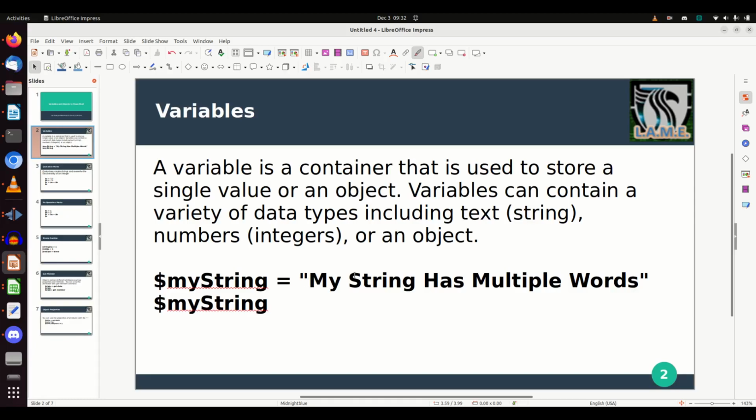Numbers do not need to be in quotes. Strings must be in quotes. If you do not put a quote there, it will be an error. And then to see the contents, all you have to do is write the $